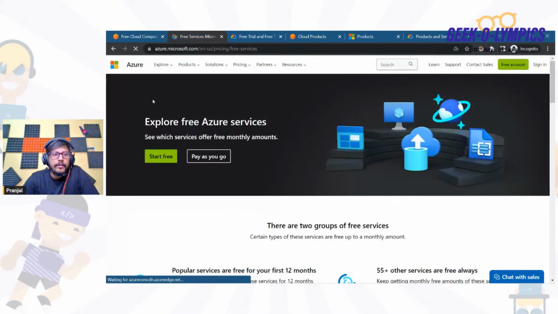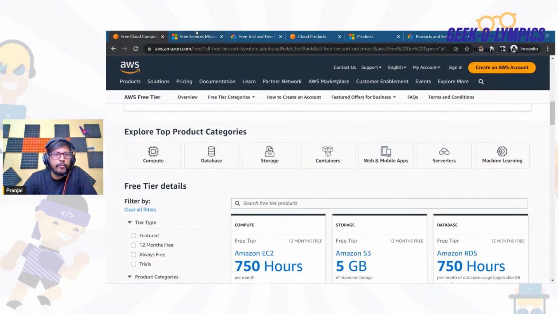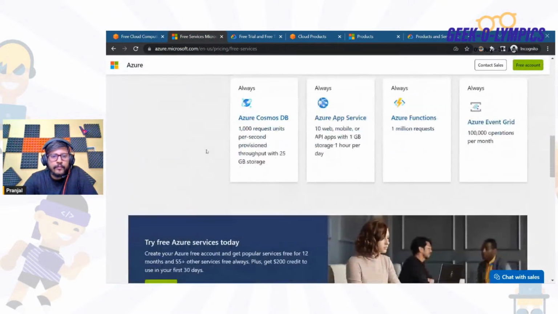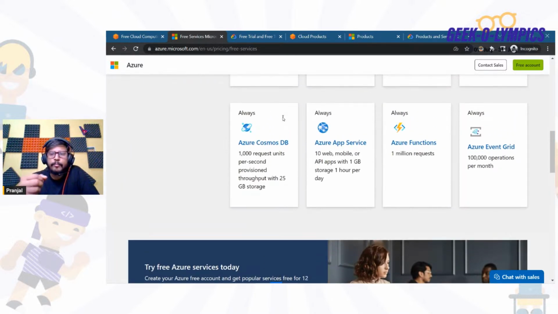Then in Azure, they also provide a free account if you want to start learning Azure. One best part, which doesn't happen in AWS: in AWS you don't get free credits, but in the case of Azure you get free credits, around $200, valid only for the first 30 days, the first month only. Here you can experiment with any services, and it will be free. If you cross the credit amount, then this benefit will be over, but still you get the credits, and through that you can experiment with so many services.